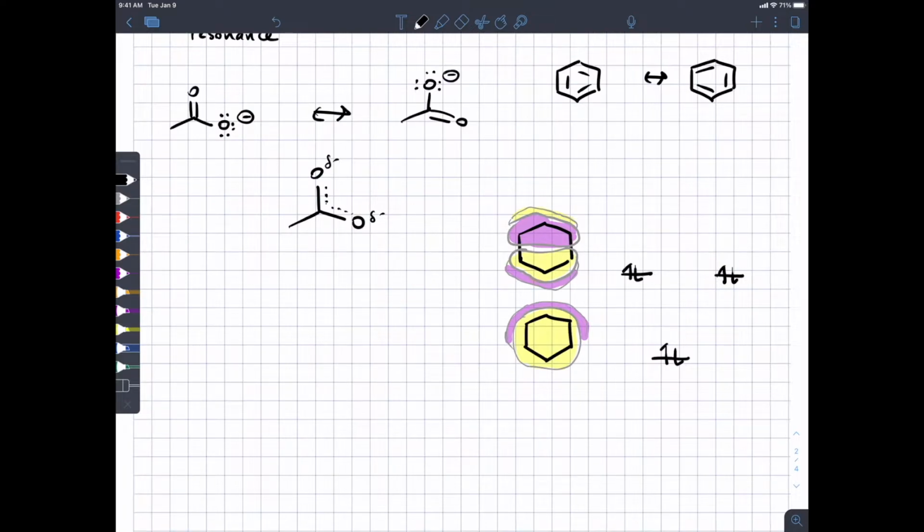And so we're going to use a hybrid of valence bond theory and molecular orbital theory that will allow us to focus on bonds, but will allow us to also account for electron delocalization. I will say that